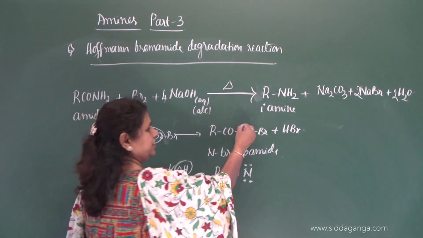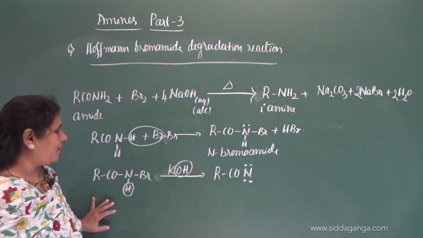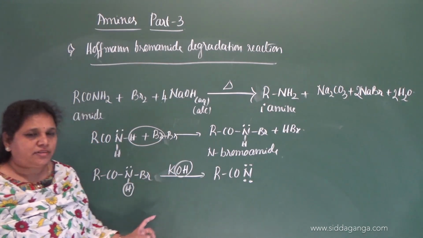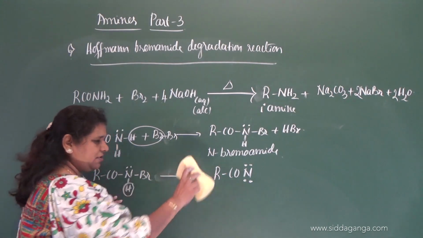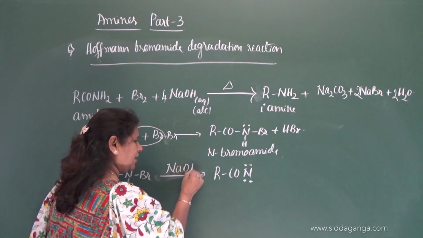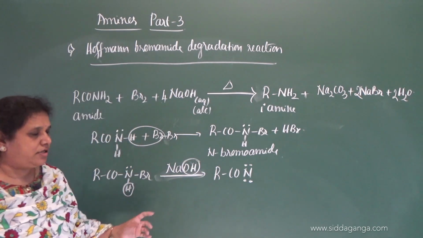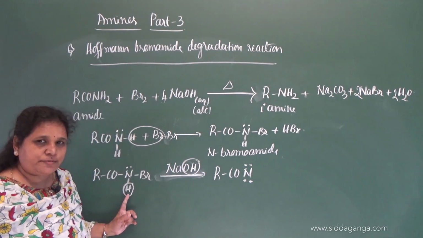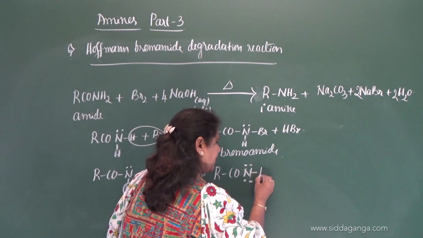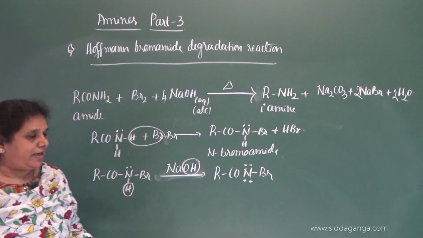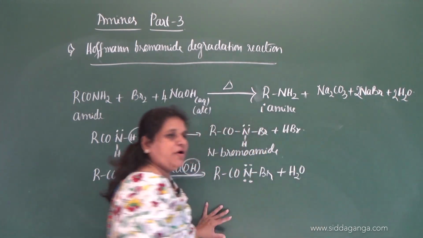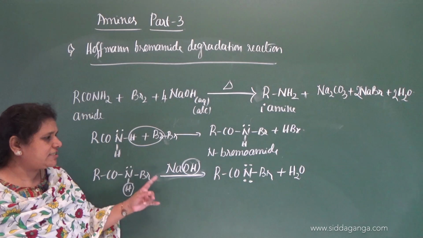Already we know that this nitrogen in the amide contains a lone pair of electrons, when it reacts with alcoholic NaOH. So you can take NaOH, as I have given. The OH combines with this H plus, so that it retains a pair of electrons on the nitrogen with the elimination of water. So 1 molecule of water eliminates here. Okay. So this is the second step.